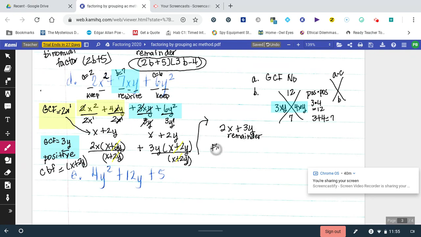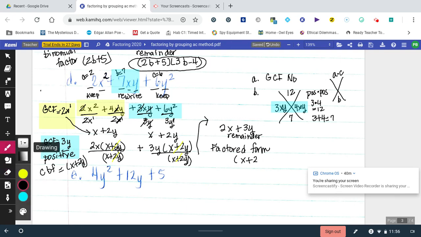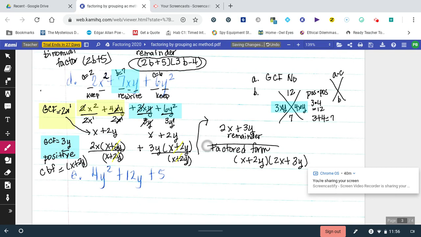And then you're going to write it in factored form. Factored form is your common binomial factor of x plus 2y times the remainder of 2x plus 3y. And that's all you do. That's my factored form. All right, now I'm just going to pick maybe one or two more to do,